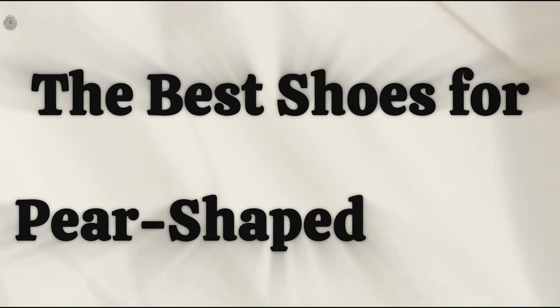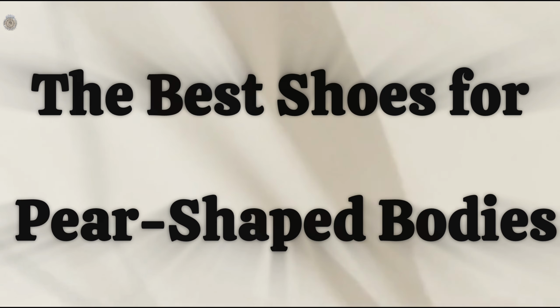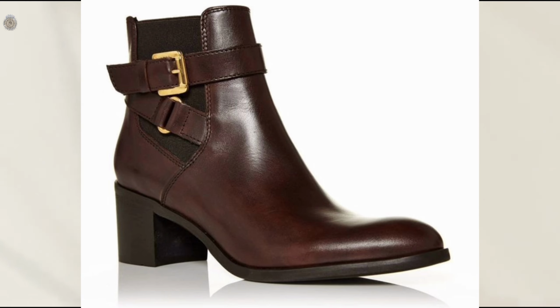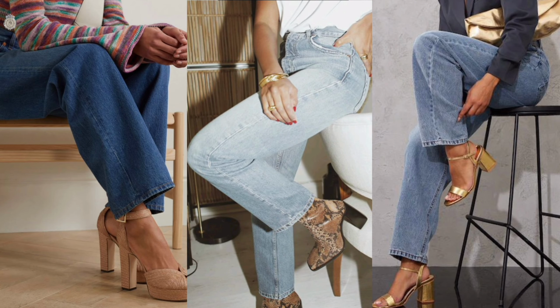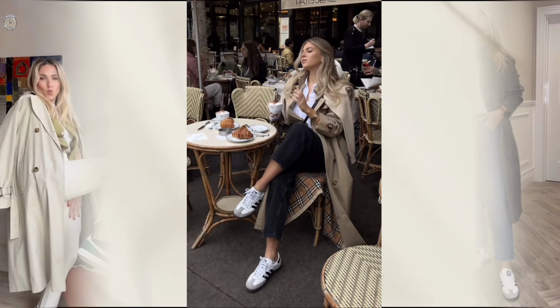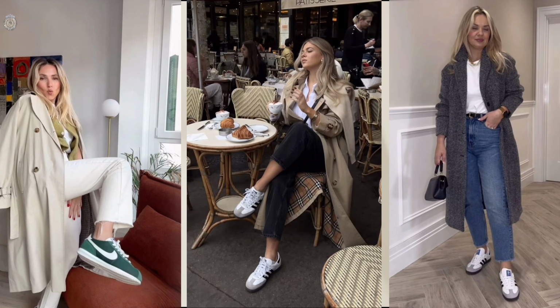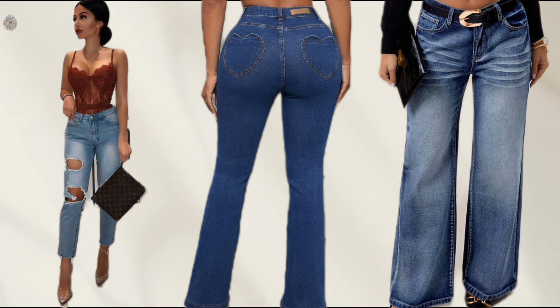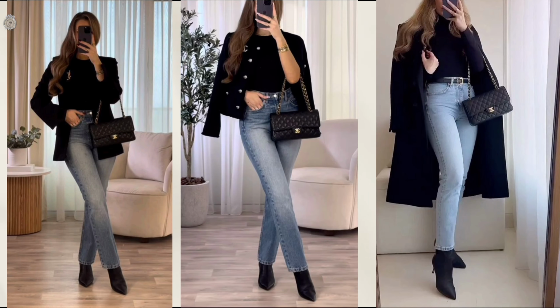The best shoes for pear-shaped bodies. 1. Block or medium heels. They create a balance between the upper and lower body. 2. Sneakers. For a casual and comfortable look suitable for daily errands. Common mistakes when choosing jeans for a pear-shaped body. 1. Excessively ripped jeans. They might emphasize the thighs too much. 2. Low-rise jeans. These reduce the visual appeal of the slim waist, one of the key features of a pear-shaped